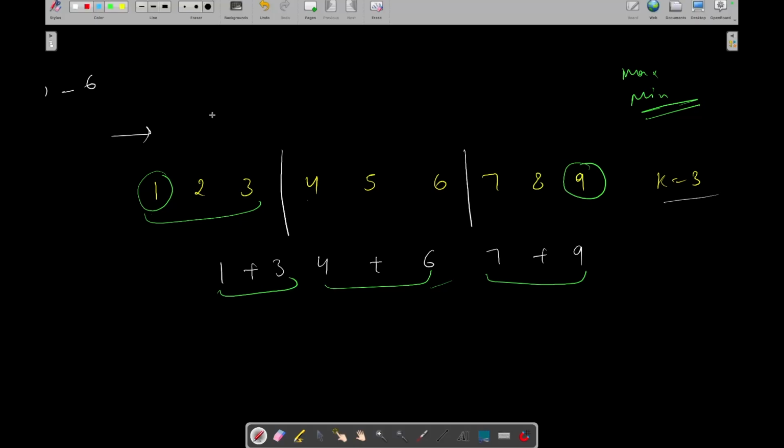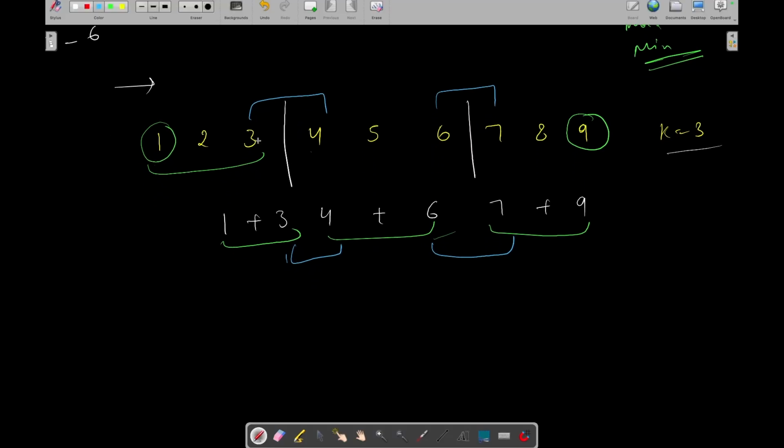Okay, but can you see some pattern here? Instead of making pairs like this, if we make something like this, 3 comma 4, 6 comma 7, from here two adjacent elements sum, right? Two adjacent elements sum, because see what we can do here,